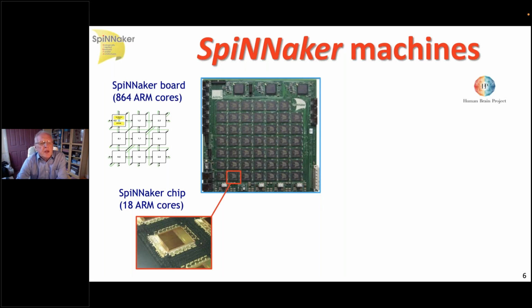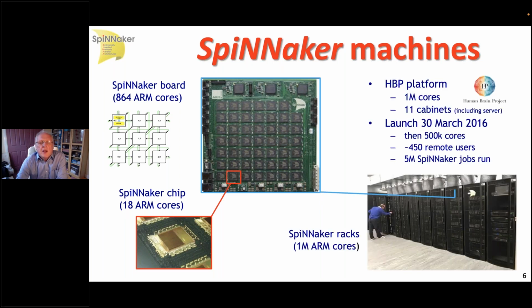We chose this circuit board as our basic unit for building large-scale systems. This board has 48 SpiNNaker packages incorporating 864 processor cores,